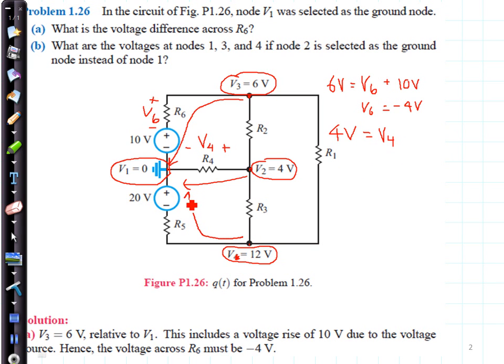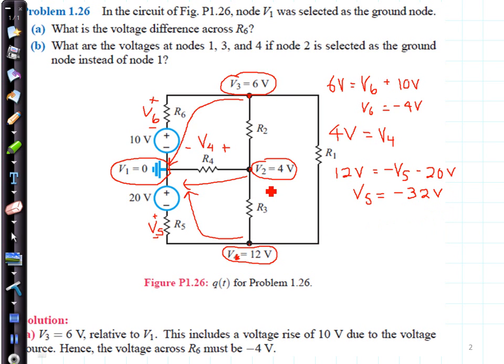Now let's do this line right here. We can see that 12 volts, that's where we started, is equal to, and then let's just guess, this is probably plus minus V5. So the first thing that we hit is the minus sign, so that's equal to minus V5, and then we're hitting another minus sign, minus 20 volts. Okay, so V5, when we solve for it, bring V5 over here, bring the 12 over there, is equal to minus 32 volts.